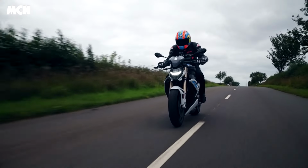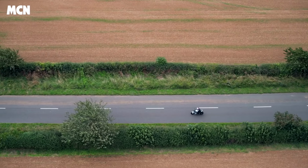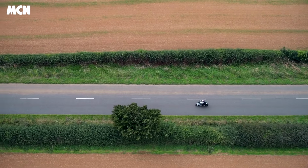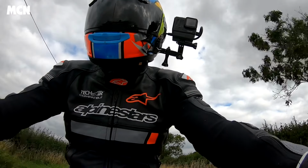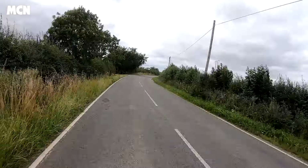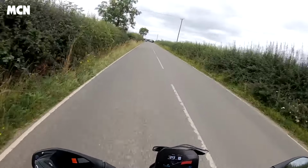I was really excited to ride this when it first came out because I had an S1000R back in the day and absolutely loved it. I raced an S1000RR. I was really looking forward to riding it, and it is phenomenal. And I was expecting it to finish quite high up in the order just because I've lived with it for so long. And one of the things with these group tests, if you own one of these bikes, you're going to absolutely love it. It's only when you compare them back to back where you see the differences, and when